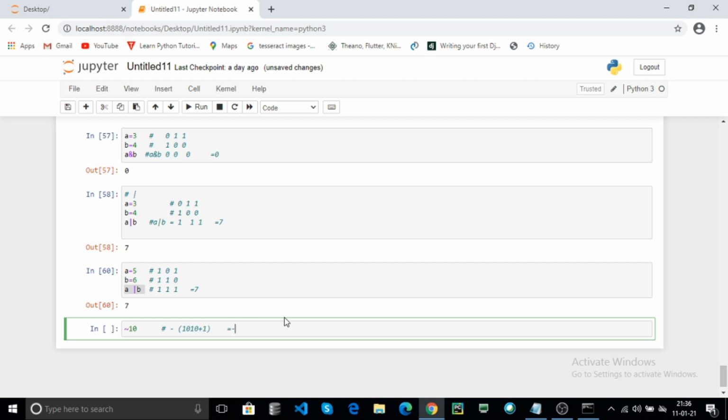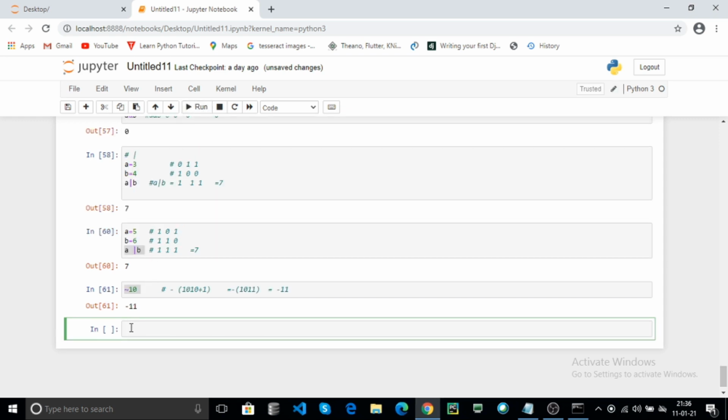Here the result is 1010 plus 1, 1011. Now 1011 binary is equal to the decimal 11. Here use minus 11. The negation of 10 is minus 11.